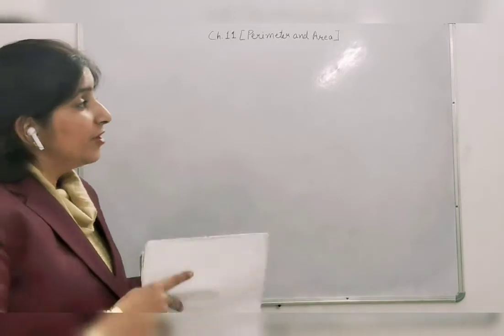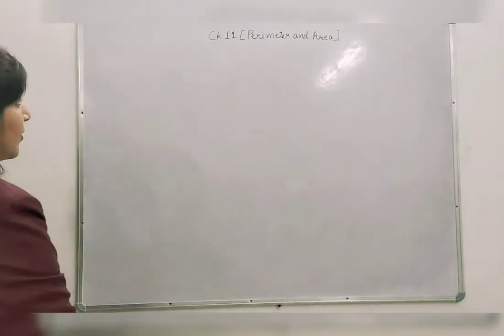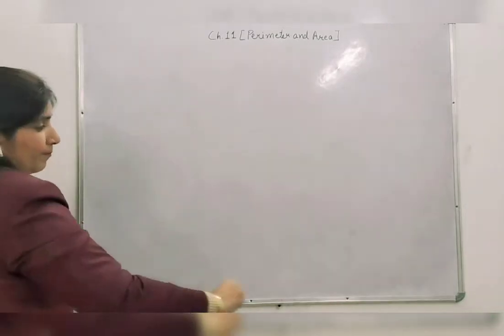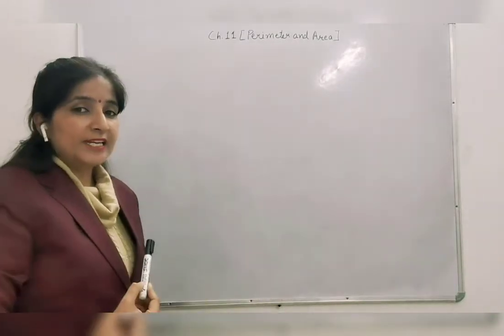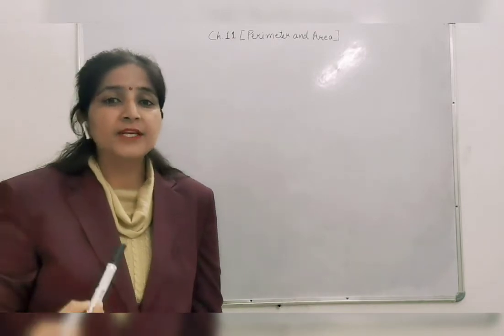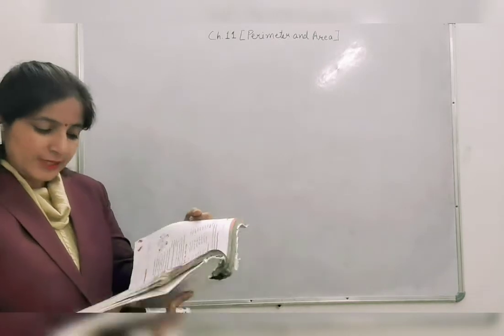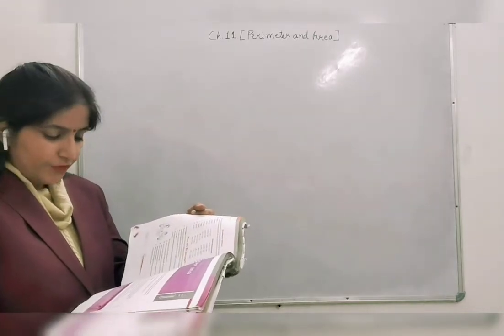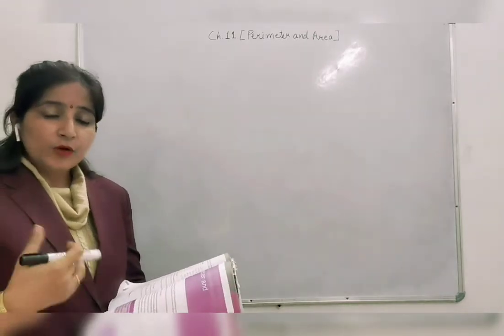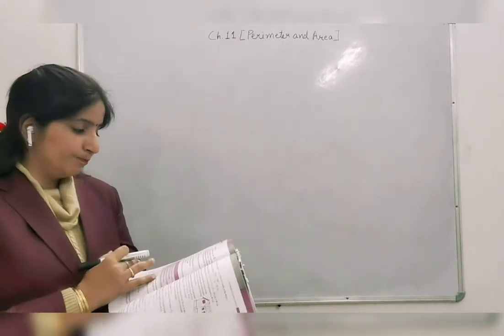So do we need area or perimeter? That you need to tell. Do we only need the boundary for the blackboard, or do we need the area, meaning the complete region? The answer is we need the complete region for this. So it means we need to find out the area. So the answer for this question will be area. And the rest three parts, in a similar way, you need to read and then write the answers.